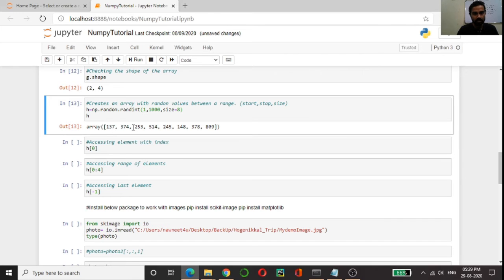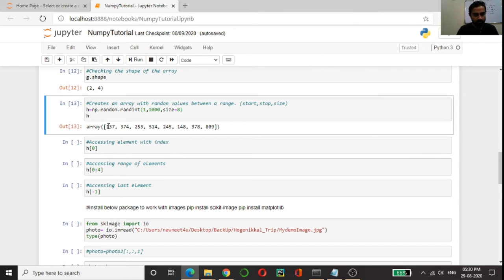As you can see, 8 elements are printed here in the array. Now the next thing: how to access the elements of an array. We can access the elements of an array by simply passing their index.